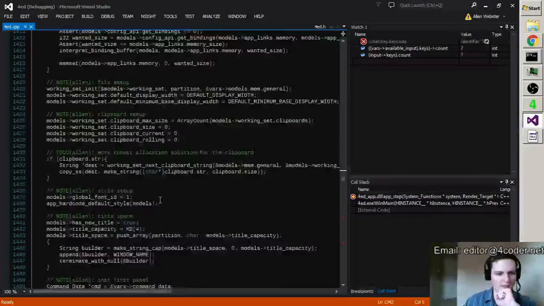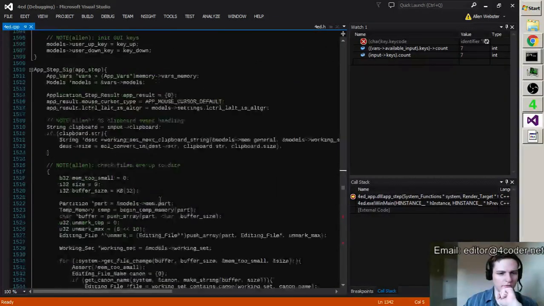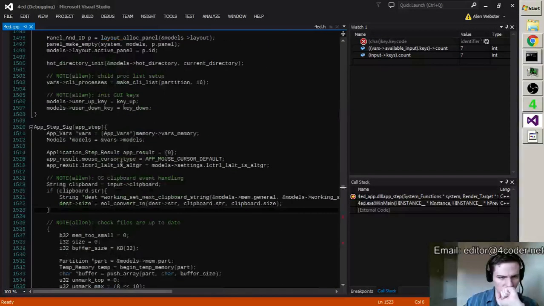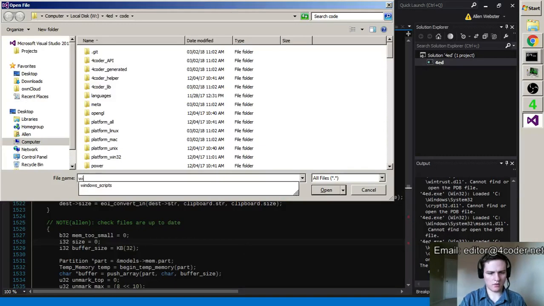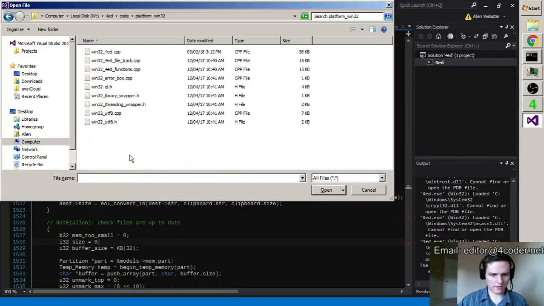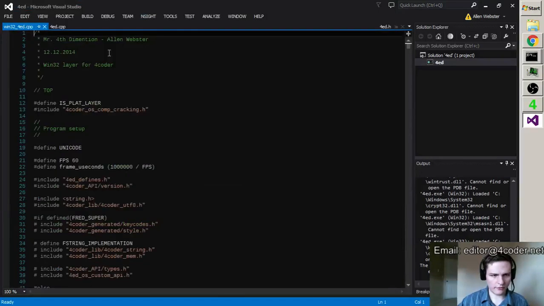Wait, why am I in app init? I went too far. Alright, so what I want is platform. This stupid file system is totally stupid.